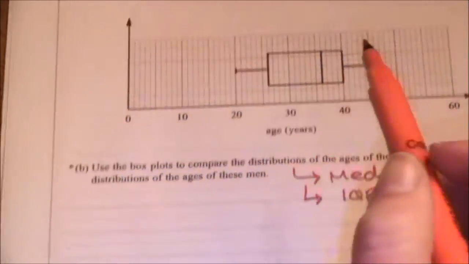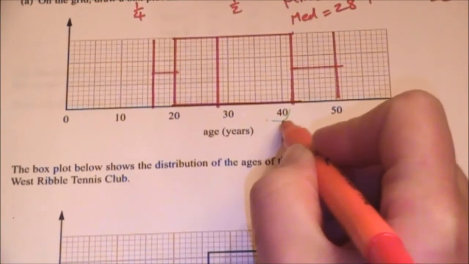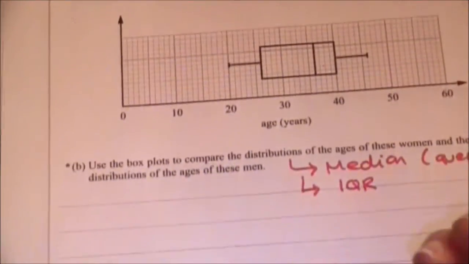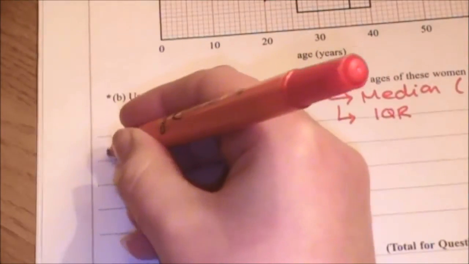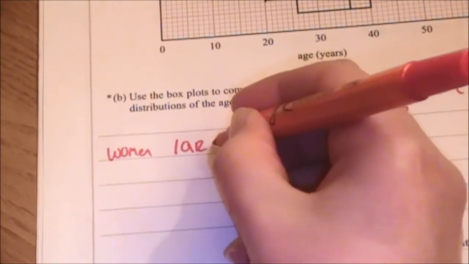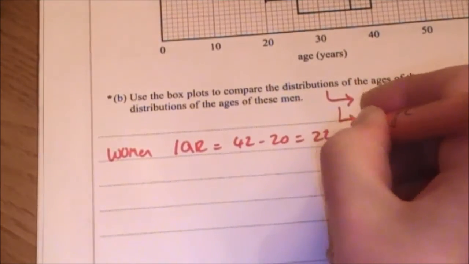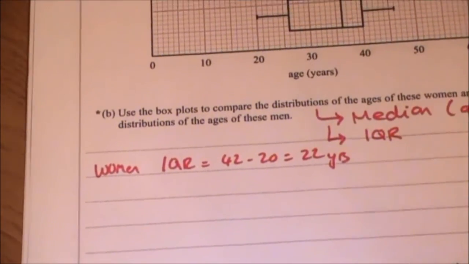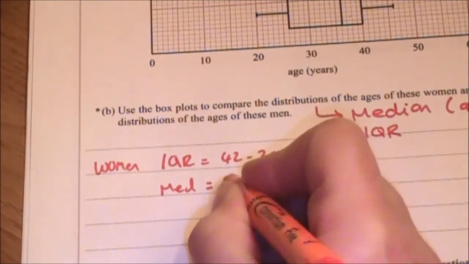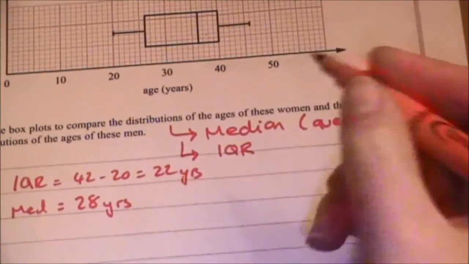So let's have a look up here. I can see that the women, remember, had an upper quartile of 42 and a lower quartile of 20. So I'm going to say that women have an IQR of 42 take away 20, which is 22 years. And women have a median of 28 years. Now men